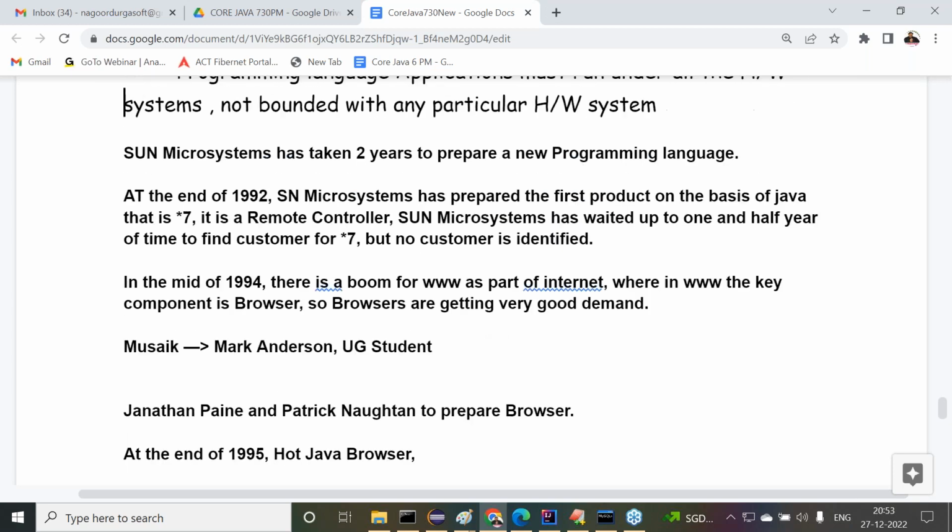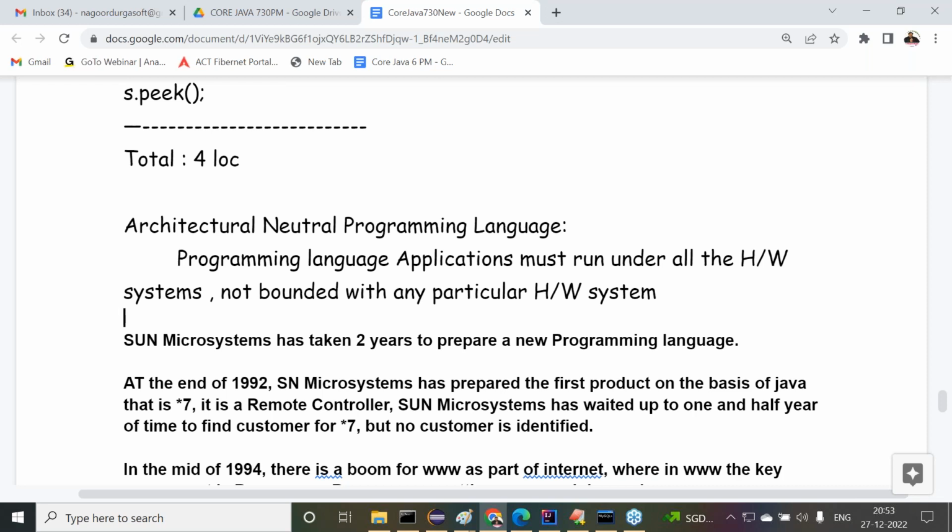But I'm giving one point of clarity to all of you. Nobody will ask any interview question on this Java history. It is not at all important from the point of view of application development. I am taking this class only from a responsibility point of view. As you are going to learn the Java programming language, at least we should know the background story of Java. That's why I gave this information. It is our minimum responsibility to understand what happened and what the root cause was for preparing this new programming language. Otherwise, it is not at all important for application development or interviews. Understand my point, right?